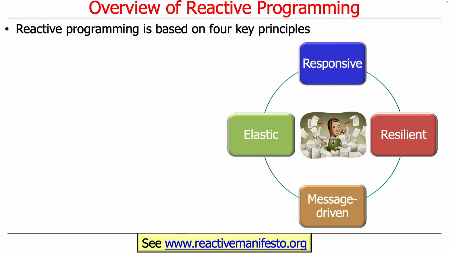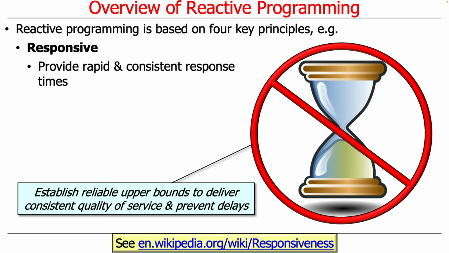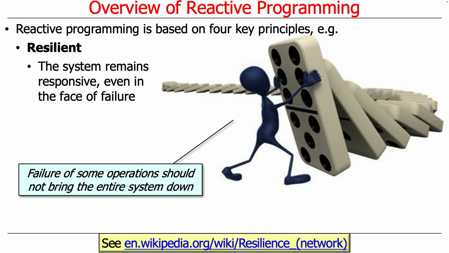There are four key principles that underlie reactive programming. The first one is responsive, which means you want to be able to provide rapid and consistent response times by establishing upper bounds to prevent delays and deliver consistent quality of service and quality of experience. So you don't want to have things block. That's the basic idea. So in a reactive program, you shouldn't see the dreaded hourglass of death, or